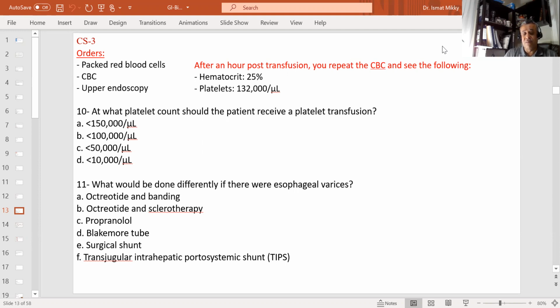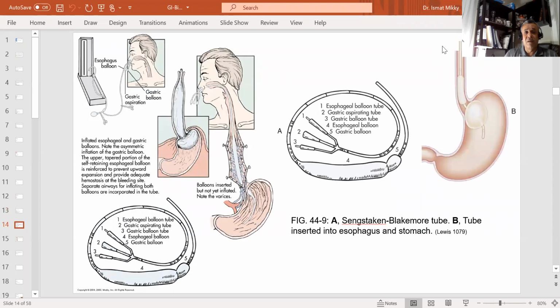So I'm just going to skip this because we'll also cover the TIPS surgery, the single stake Blakemore tube and its use, the interventions, the post-insertion complications, nursing care, all of these. This is a very important question, the content is very intensive, but it will be covered in Adult Health 3. So this is the tube called the single stake Blakemore tube that will treat the esophageal varices.